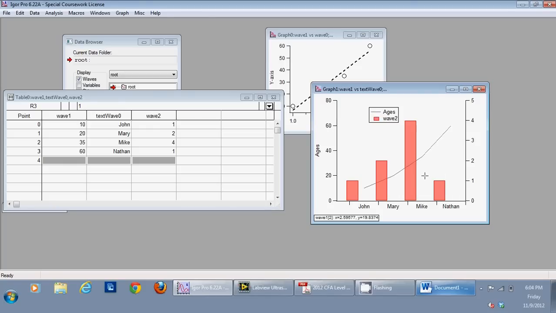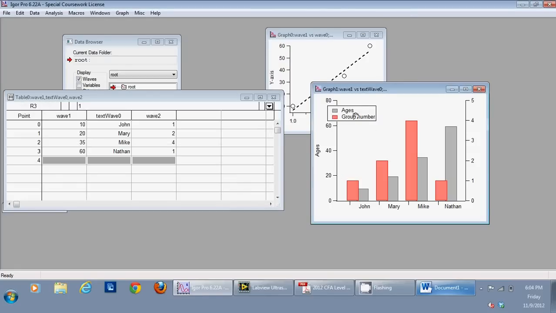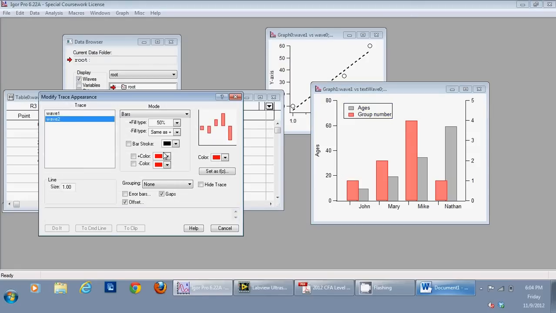Suppose this is some other random number that could be, so what can be 1 or 2? 1 or 2 could be their group number. I can say change, and to make it look better, let's change the pattern and say fill type, and now this is what I have.